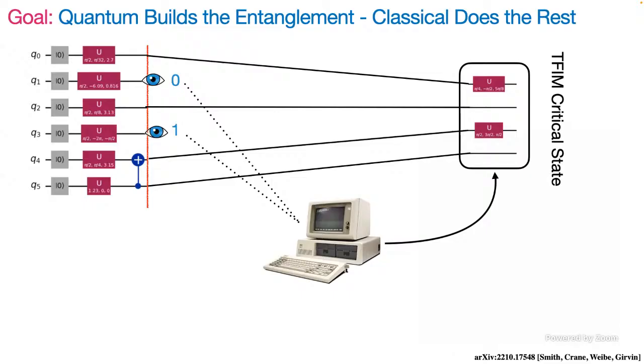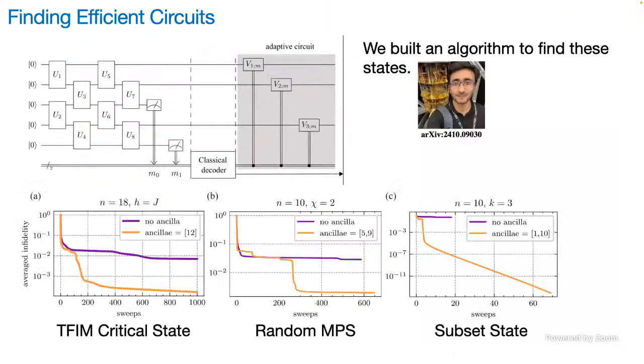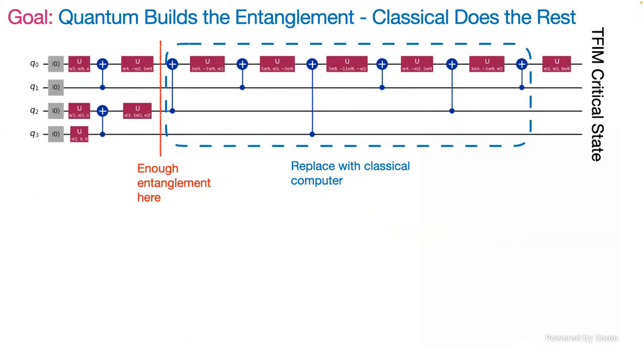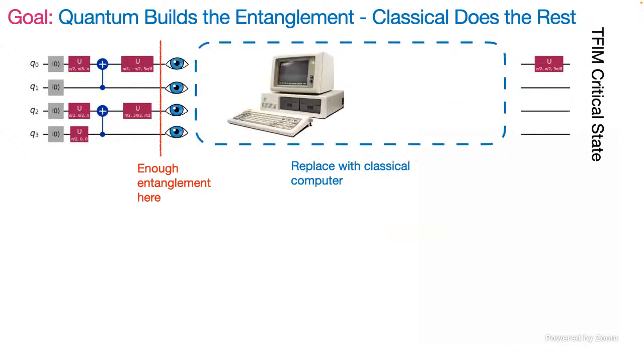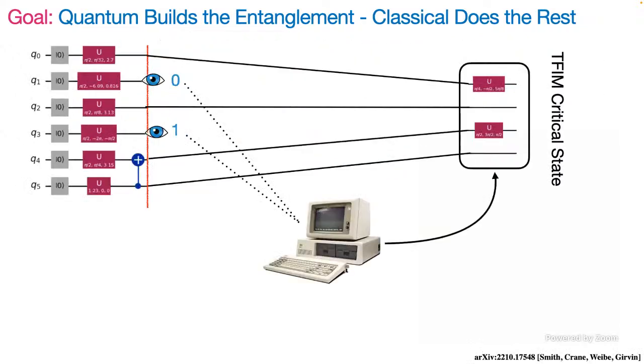And that might depend. If it got 0, 0 instead, then the classical computer might tell you something different. So this is called measurement plus adaptive feedback. This was probably the first paper that showed that you can use this technique often to accelerate the building of various states. Okay, so here, what is the goal? The goal is that instead of doing this long quantum circuit that was living on the previous page, all of that goes away, maybe we have to change these initial quantum gates as well, and you just replace it with this process.